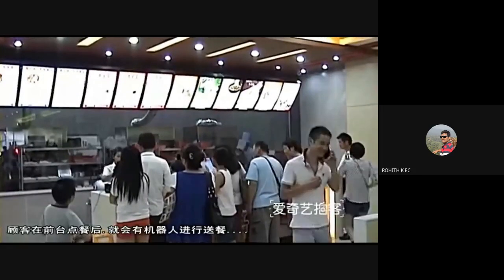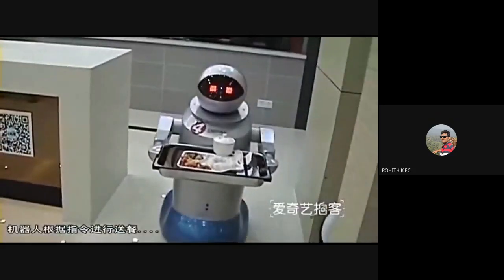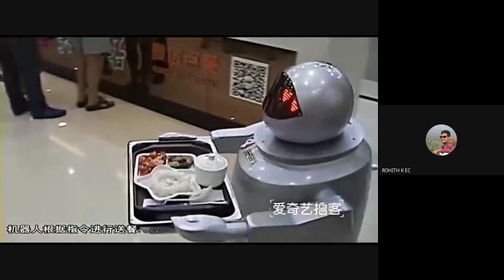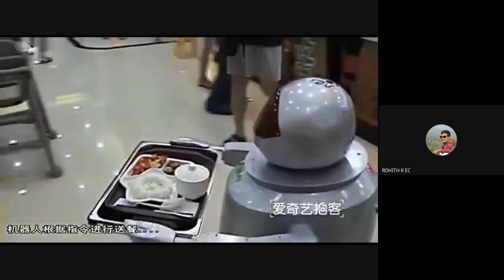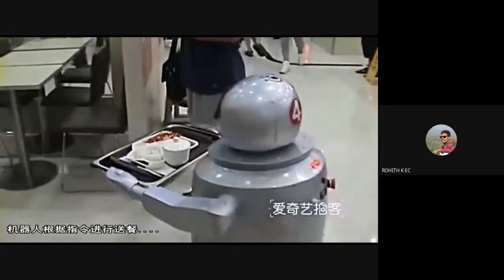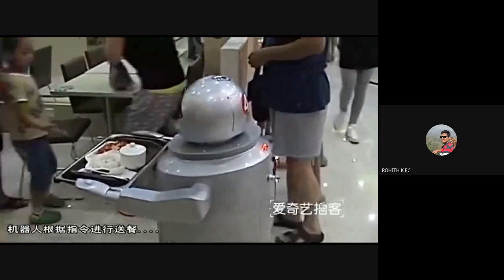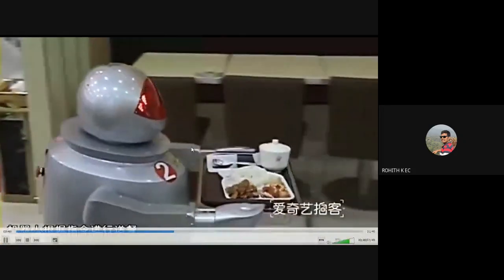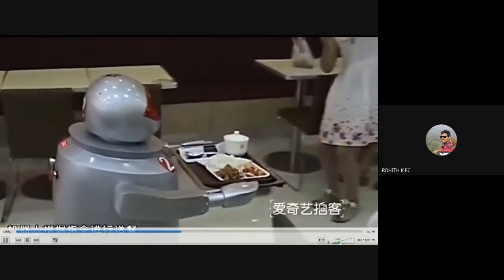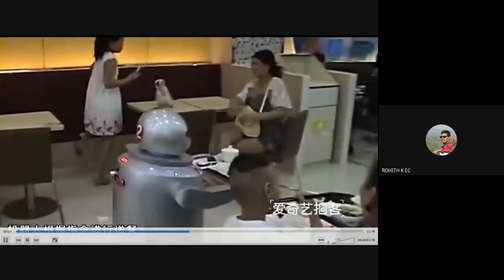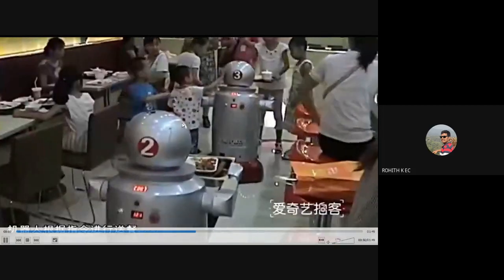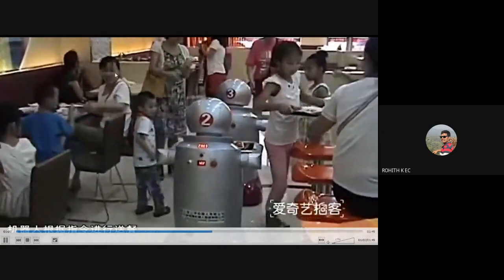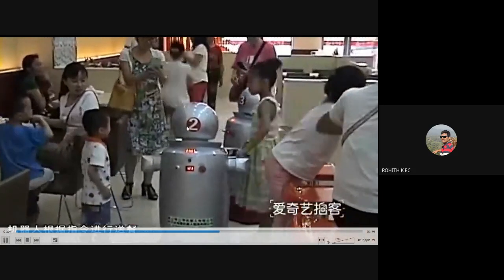So the customers have to go and give the order, then order will be served by the robot. You can see the robot is moving in a specified path. So it is basically a line follower robot. You can see the black tape here. So the robot is following this black tape, and each of the robot is given with a number here. So this particular robot will go and stand in front of that table, and the customers seated in that table will take the order, right?